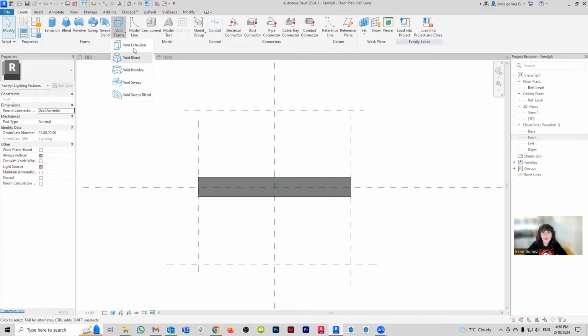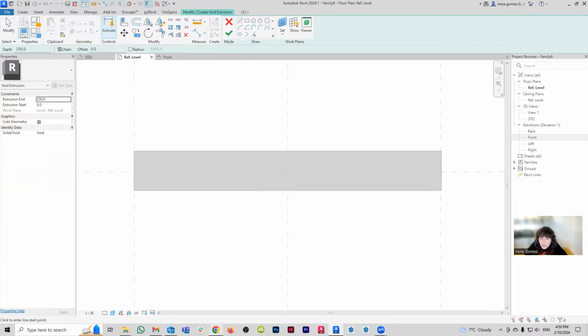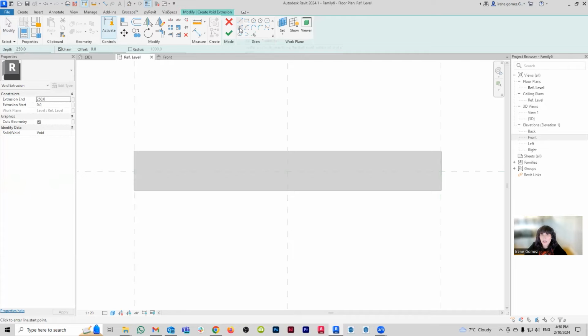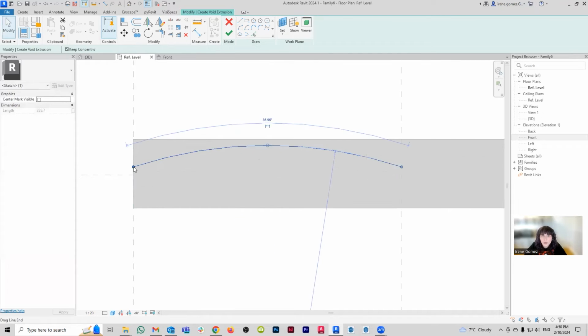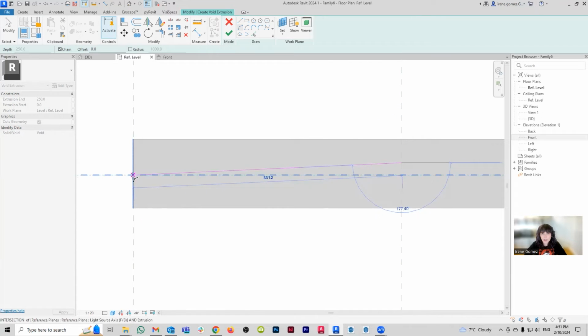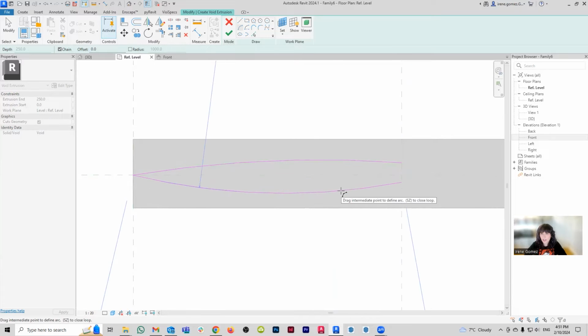So I'm going to go void forms, extrusion, and then does it have any waving? It has a little bit of waving, but I think I want to keep this portion pretty simple. So instead, I'm going to do a little arc like this. And then, I don't know, man. Maybe let's do an arc that is like, there we go. I want it to end right on the axis, something like that. And then something like that. Yeah, maybe I vary a little bit with the shape on the top.